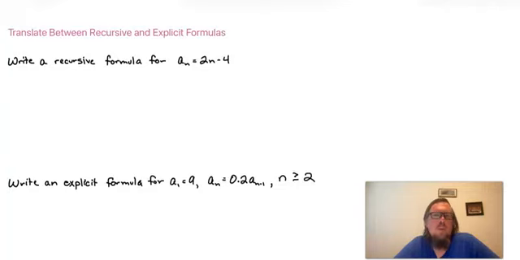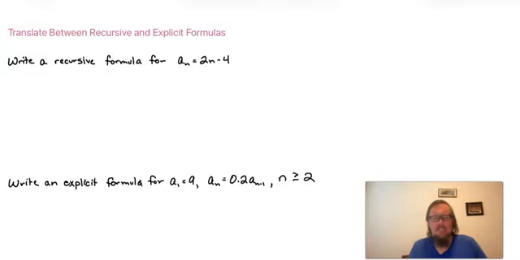Now that we've learned what recursive and explicit formulas are, we're going to see if we can convert from one to the other. In my opinion, it's most difficult to write a recursive formula from an explicit one, so we're going to start with that. We are given an explicit formula, a sub n equals 2n minus 4, and we want to write a recursive